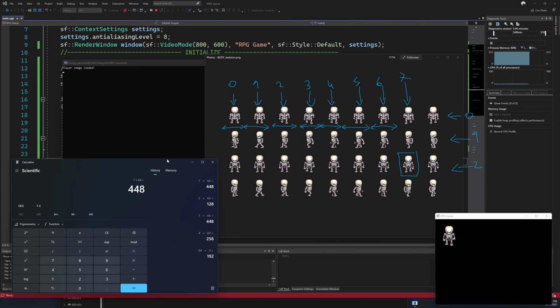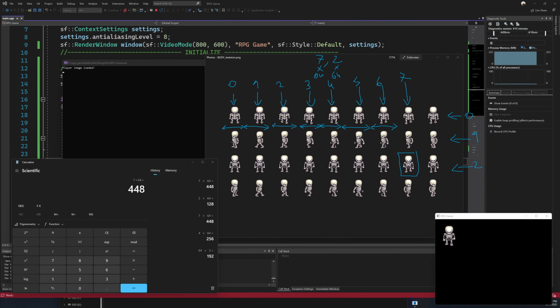So literally what we do is just count, starting from 0. So 0, 1, 2, 3, 4, 5, 6, 7, where we want to be. 0, 1, 2. So the position of this guy is 7, comma 2. Multiply the 7 by 64, because we know every single one of these is 64. Multiply this by 64, and then we get its position.